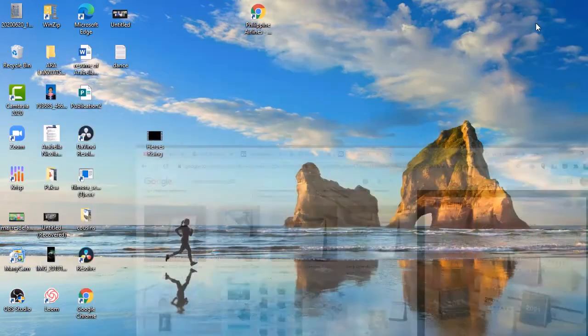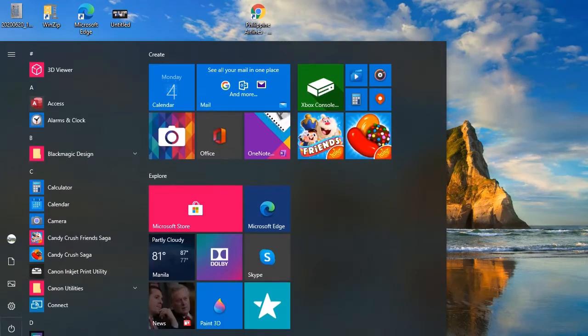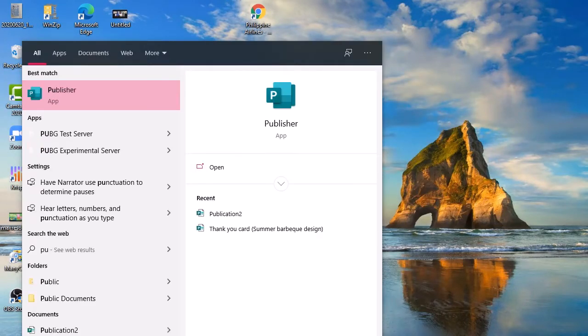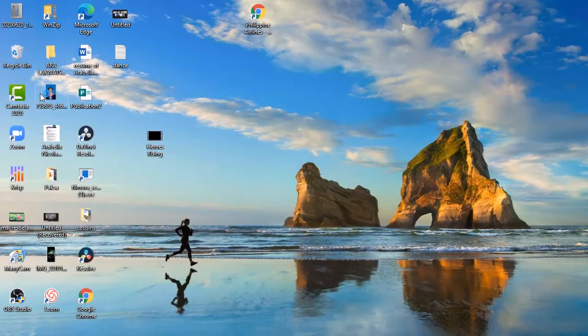So of course, the first thing that you need to do is to open your Publisher. So if you forgot already how to open your Publisher, if you don't see it here, all you need to do is type here in the start menu PU, and then it will be automatically placed here. Okay, so you just click Publisher application. So once it's opened,